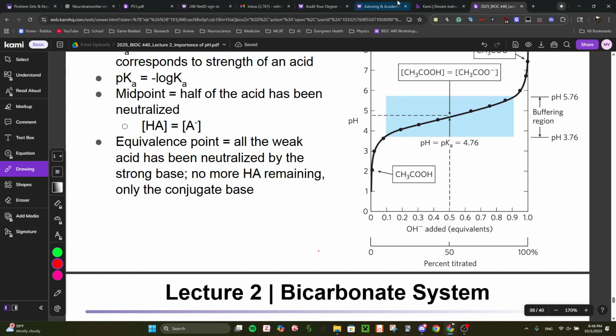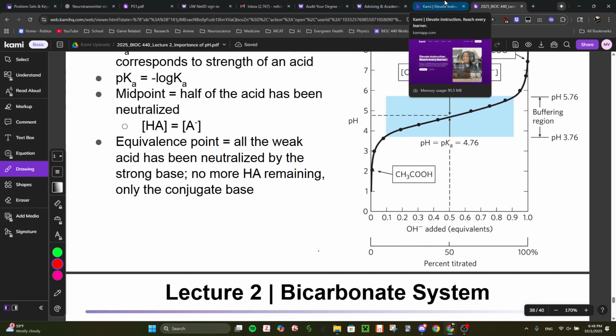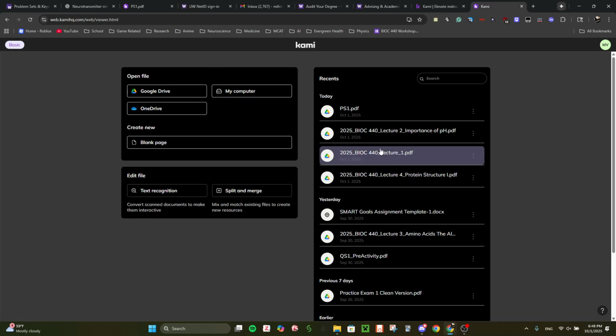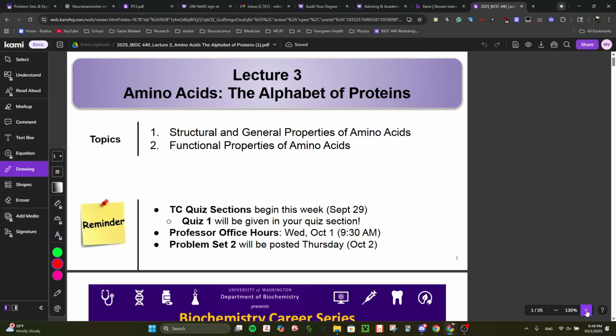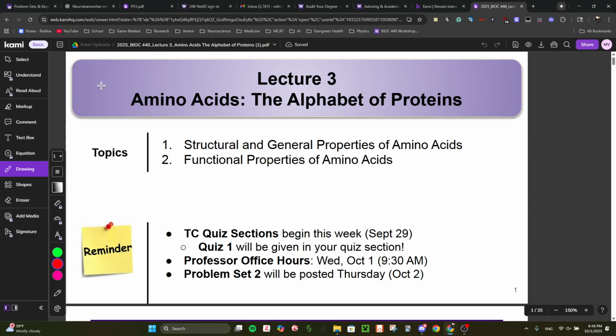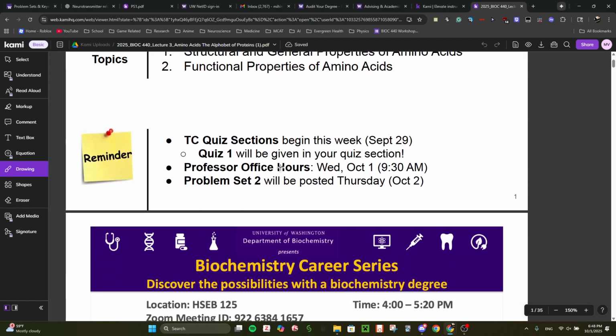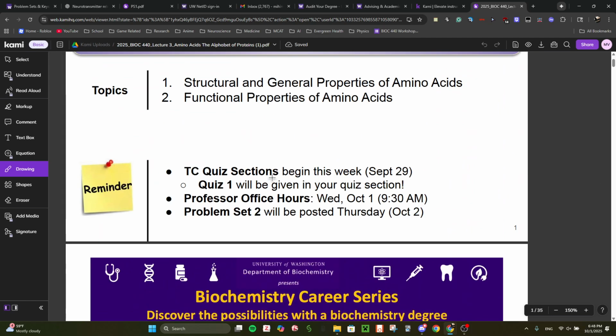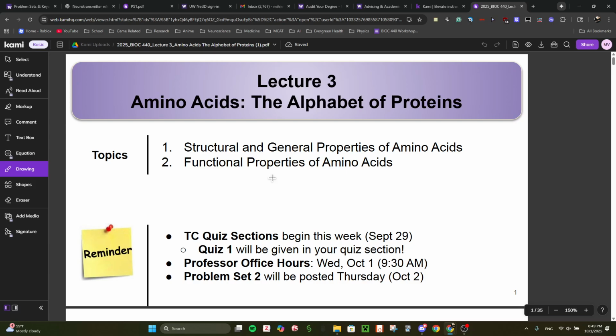So yeah, I think we do have a little bit of time to go over the last one, lecture 3 at least. Lecture 3 is relatively short actually, because there's not much I can tell you here other than just memorize amino acids. Hello, welcome. Let's see here. Okay, so for lecture 3, before I even do any of this,